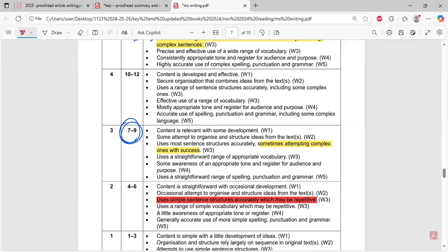Let me show you another marking scheme now, even for the reading paper. This was for the writing paper. Let me show you the other one, which is for the reading paper, and you will see a similar thing is there. Spare me a moment. Okay, I'm sharing another screen where I'm going to show you. It is clearly mentioned everywhere. Here is the screen right in front of you.